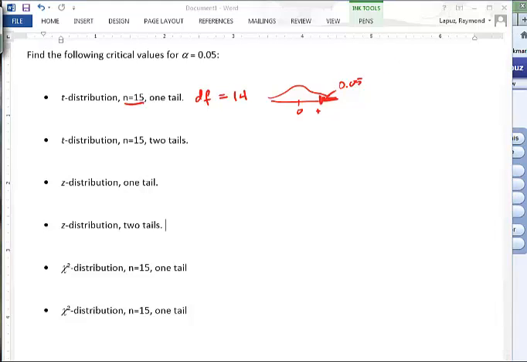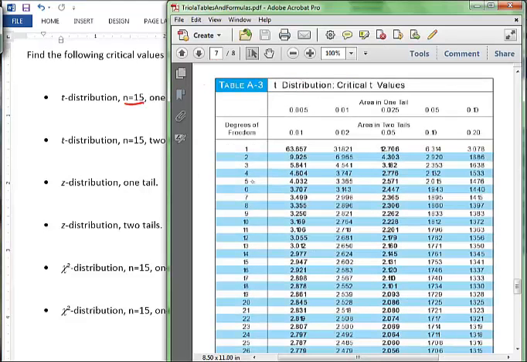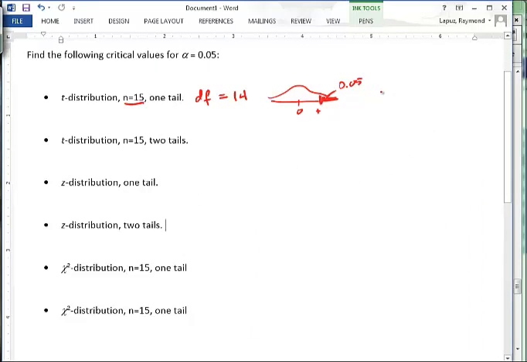So we pull out our table, and with the degrees of freedom being 14 and the area in one tail as 0.05, we just go down to 14 and 0.05, and then we get a 1.761. So your t here is 1.761. Now we can do the same problem where alpha is two tails,